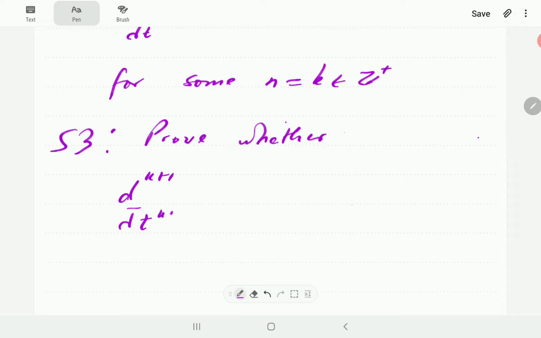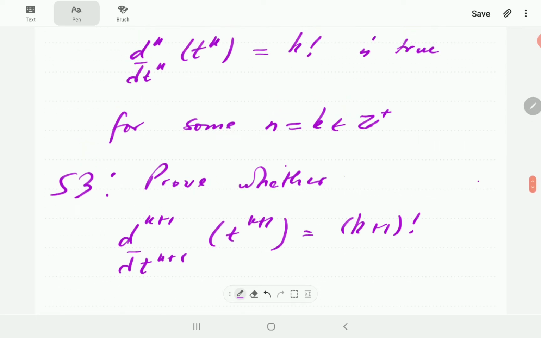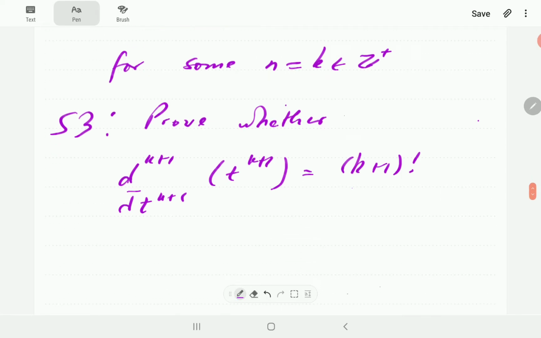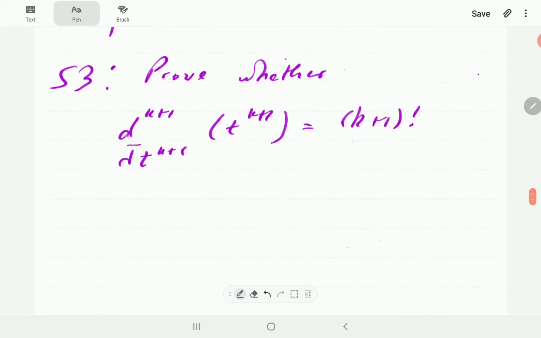So it's going to be the k plus first derivative of t to the power k plus 1. If the formula is true, then there should be k plus 1 factorial on the left-hand side, because for step 2 it was just k factorial. So I want to prove whether this is true,